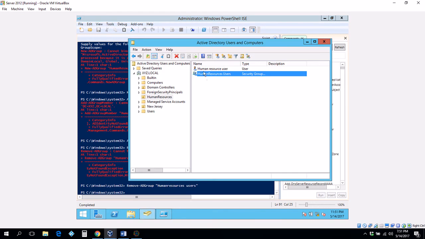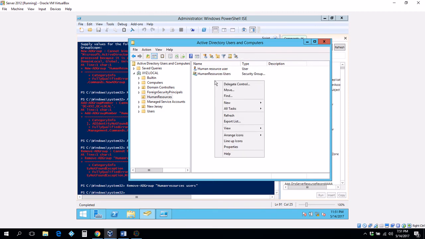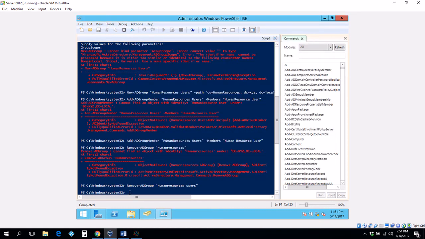So if you hit refresh, okay, it just keeps holding on. I'm just going to do the refresh this way. Now the group is gone, but the user's still there. All right, beautiful. So now let's try to remove